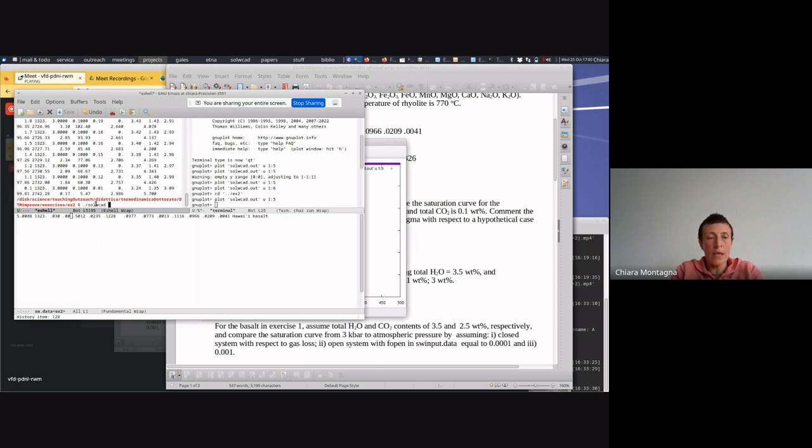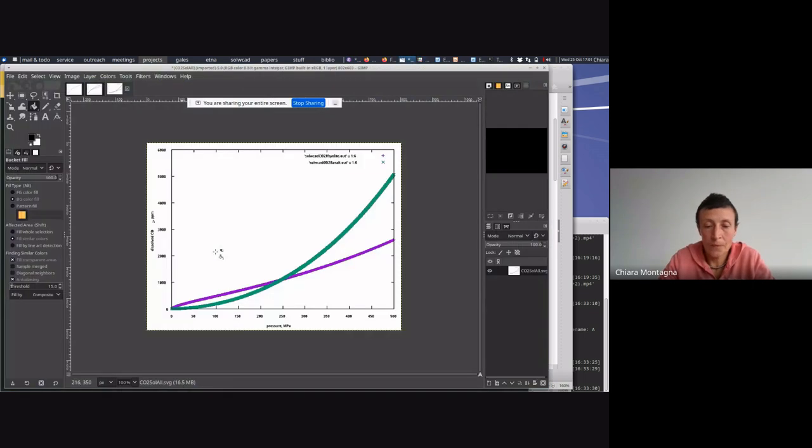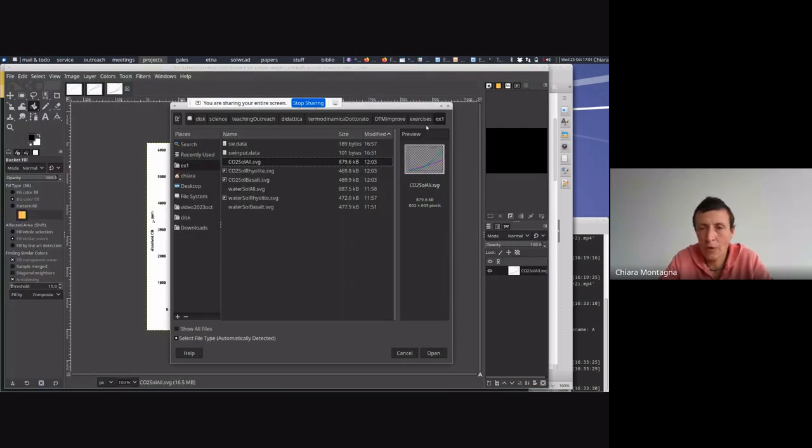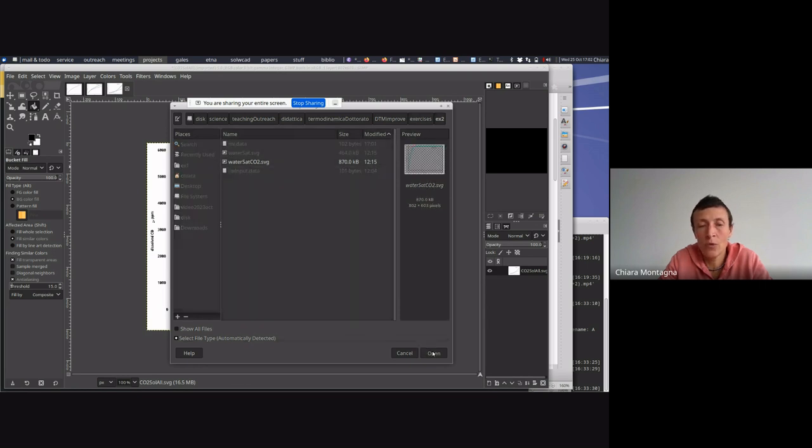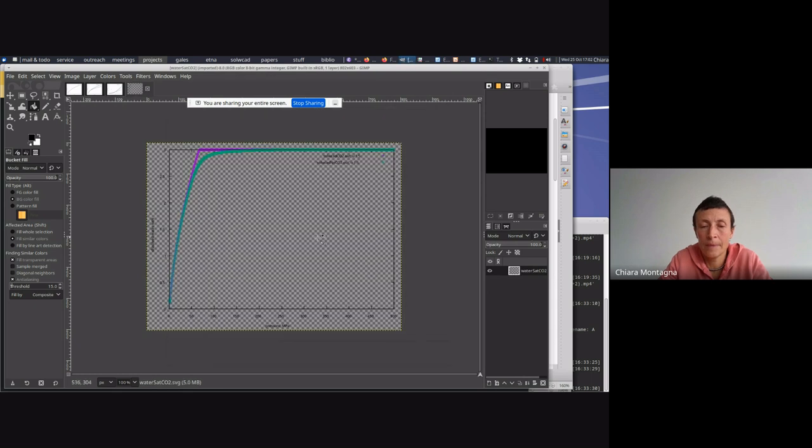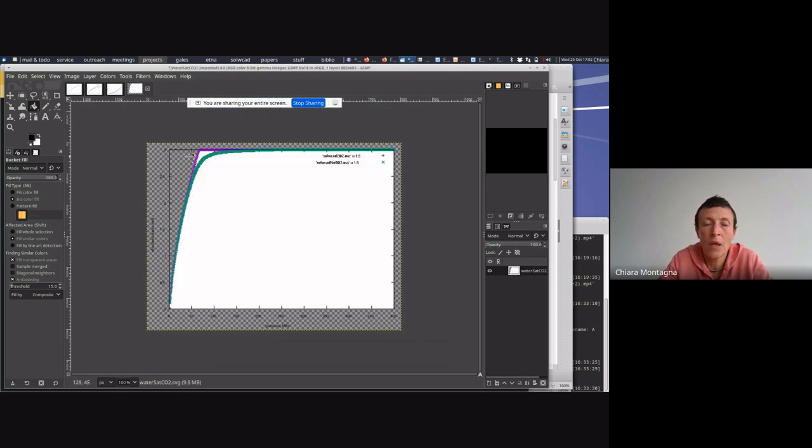Let's run SolveCAD again, but let's change the name of the output, for example, no CO2. Exercise 2. Here we have the saturation, and if we add CO2, here are the curves, and you see